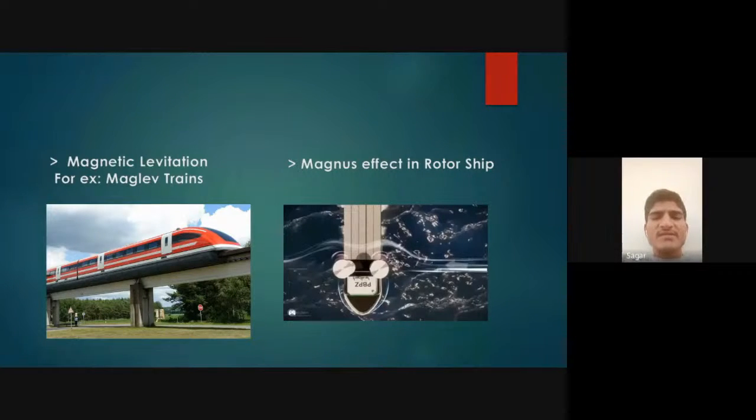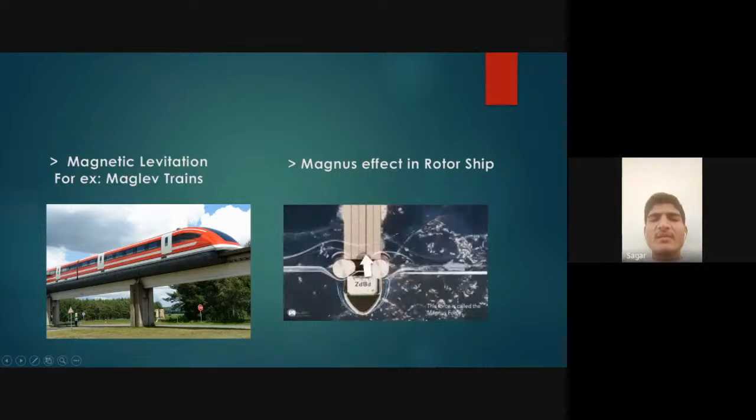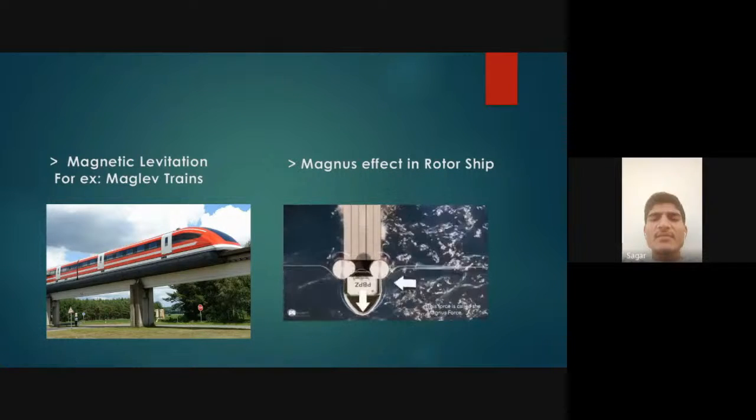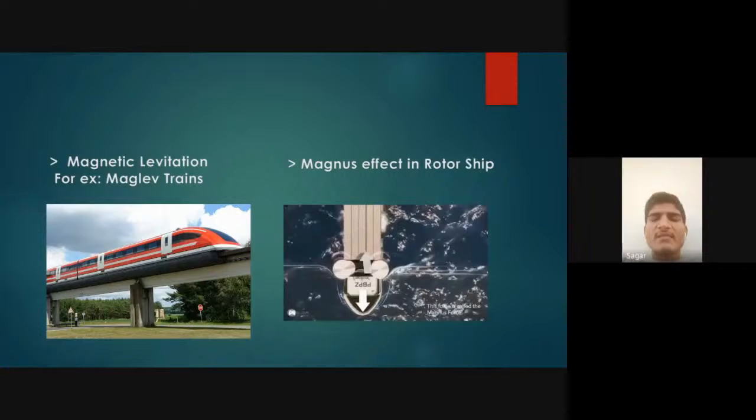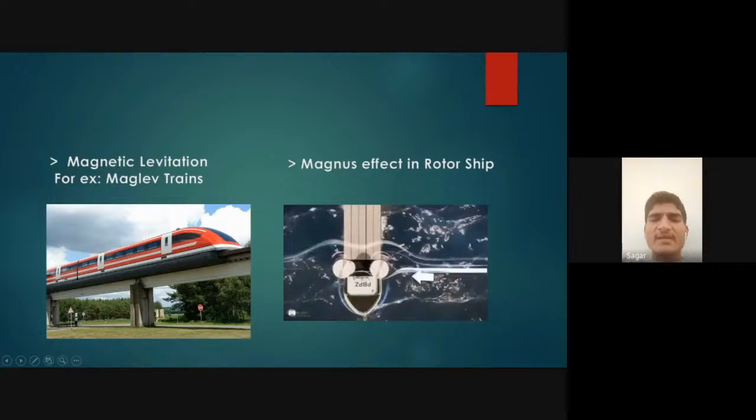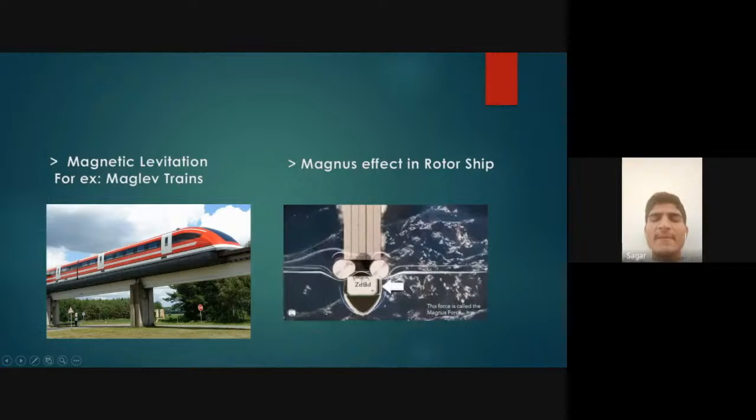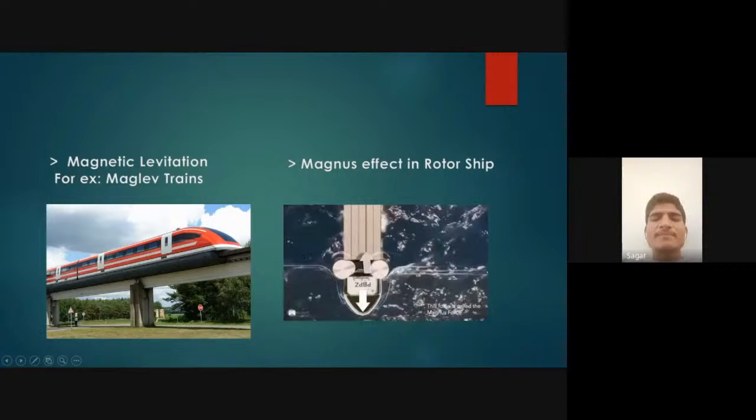The first one you can see is the image of magnetic levitation. This is a maglev train where we use magnetic levitation. And the second one you can see is the Magnus effect in a rotor ship. Yeah, Vishwa, can you play the animation? In this ship we are taking advantage of the Magnus effect, and these rotors are rotating and act as propulsion for the ship. So yeah, and the next one is,